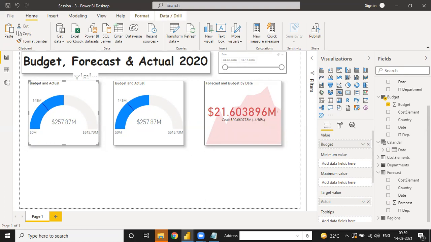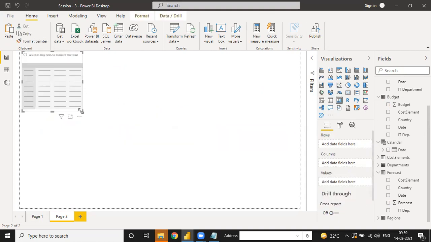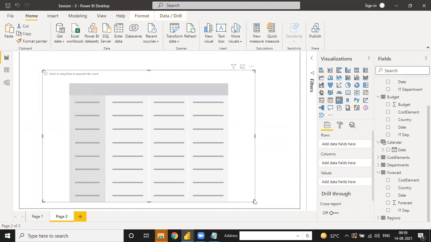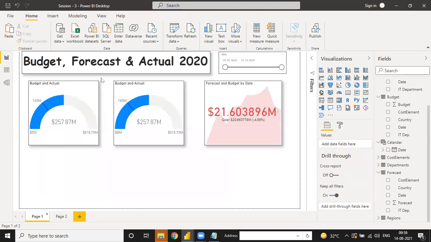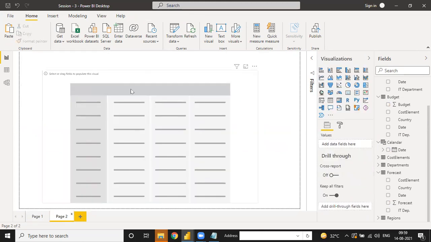Okay, now we move further. So further we have to analyze one of the best things, that is the table. Okay, so we have to connect one table, a matrix table. We have to connect that table. Before that, I move into this chart and copy this visualization.